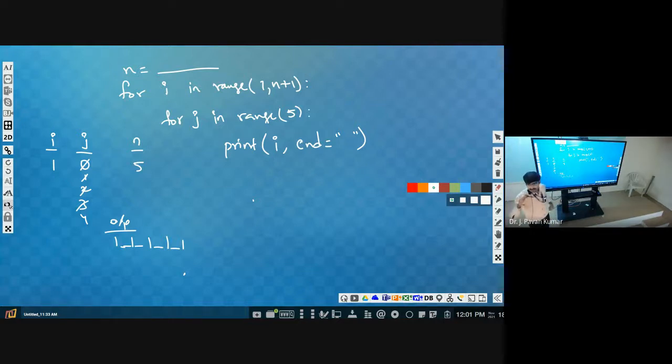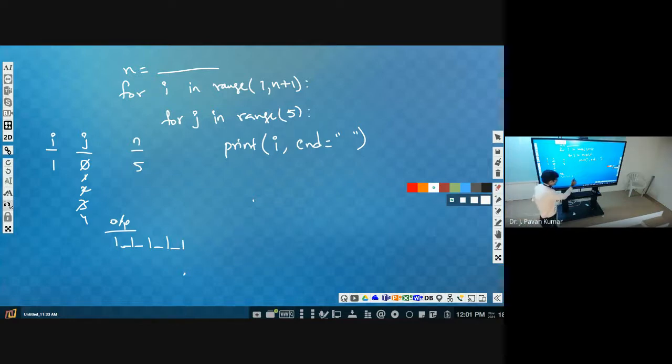How can we place it? Before J, the first line will also end with a gap, right?